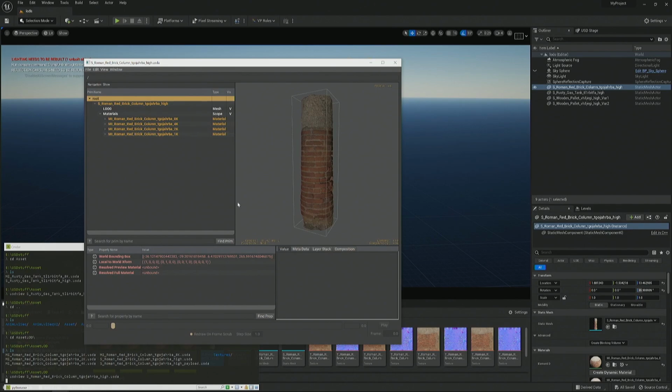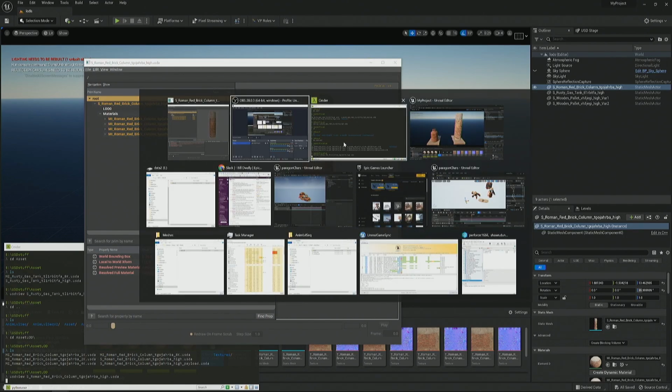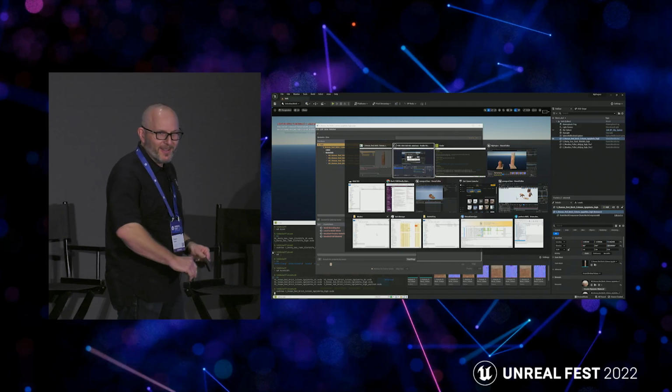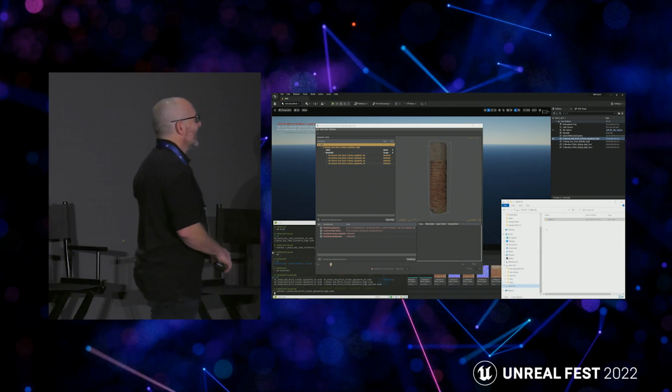So yeah, this is again just popping into USD view so we can see it. The funny thing here was when I popped it into USD view, I was like, how do I actually switch the LODs? So I didn't switch them, so that's why I quickly jumped away from that.